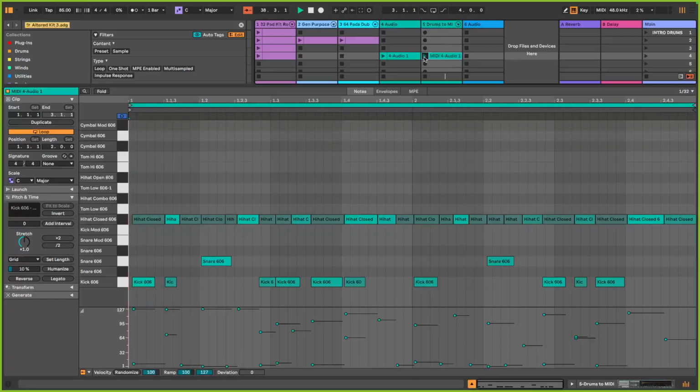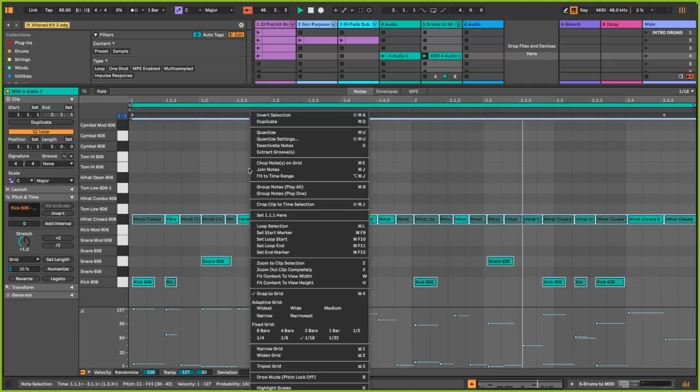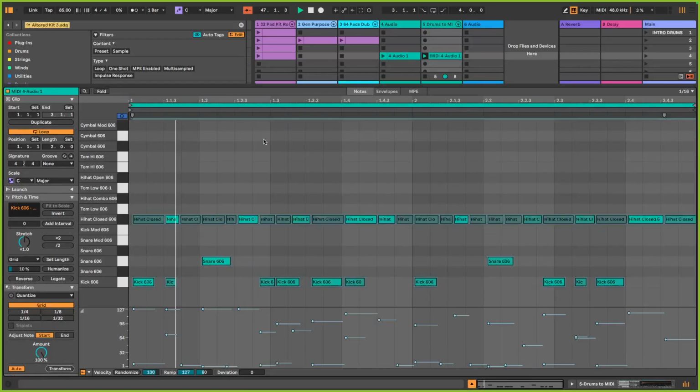So this sound is not great, and this still needs a little bit of quantization. So this, I'm Command A to select all, and then I'm gonna go ahead and go to 16 notes, and I'm gonna quantize. Settings, it's quantizing to a grid, and I'm gonna go